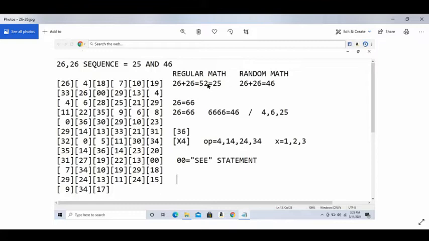So the 52 is represented by a 25. So basically that's kind of like a reverse sequence. So in this case, we can see right here that this 25 is actually 52 because of this sequence. So virtually this number is a 52. And then another thing,